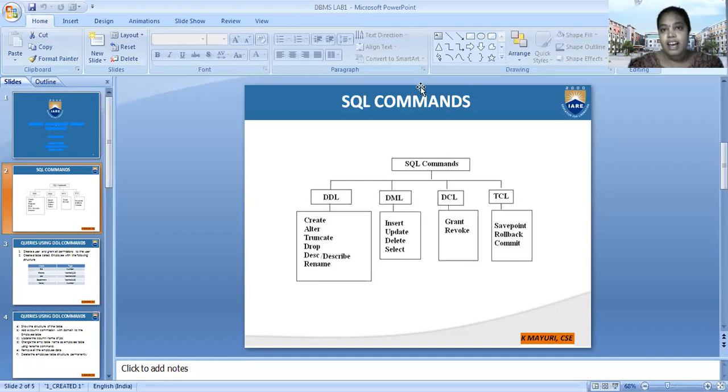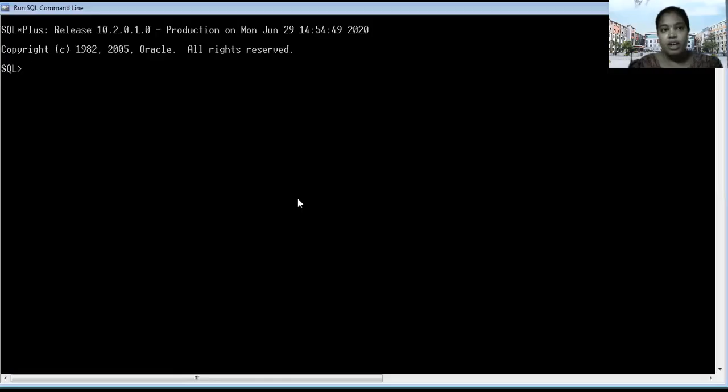So practically, I have to show you the SQL prompt. Now you can see the basic SQL prompt here. First, you have to connect your system. In the previous video, we created one user named Mayuri.